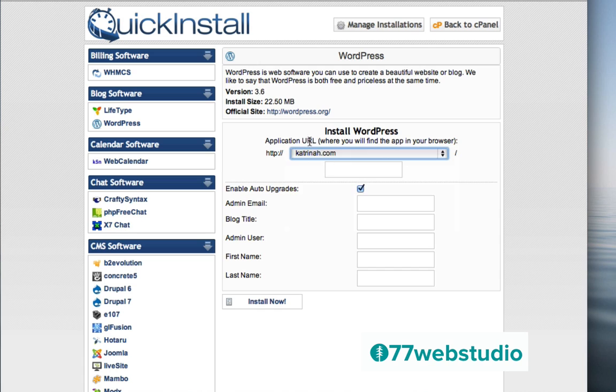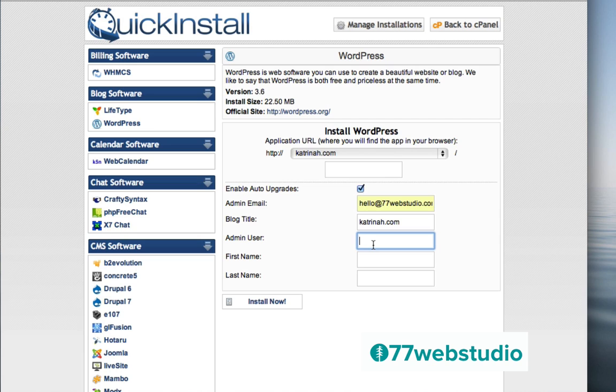So I'm going to add the domain name where I want to install WordPress, and then I'm going to fill out this information below, starting with the admin email. So I'm going to add my admin email right there. Next, you want to give your new website a title, so I'll just call this the name of my domain. And then also you want to add an admin username. Now note that this is an important step for website security. You want to make sure that you do not use an admin that is something like admin, support, or administration.